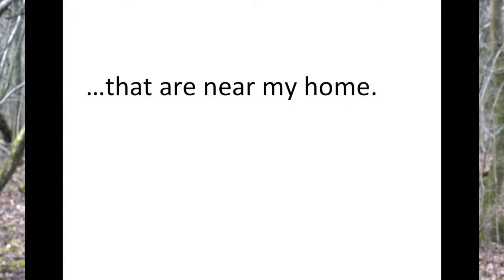And then finally we've got that are near my home. That can be a number of different things. It can be a demonstrative pronoun. It can point at things. That woods, no, it's not that here. It's not really pointing at anything. Rather, it is indicating some sort of relationship between clauses. The other functions that that can have are both subordinating clauses. So we can call that, in this case, a subordinating conjunction.